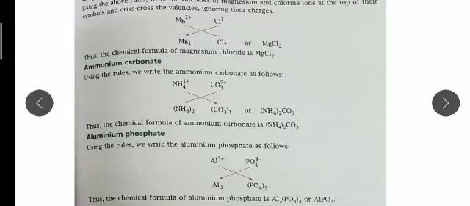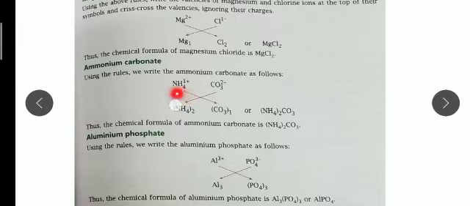I told you that some ions are monoatomic and have 1 valency, some are diatomic and have 2 valency, and some are triatomic. The phosphate ion has valency 3, so here you can see 3. Carbonate they are showing 2. So this carbonate valency goes to the ammonium ion. Ammonium has 1 valency. So like this you should remember the valency, then only you are able to use this crisscross method.